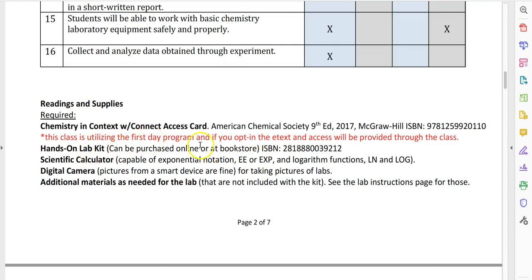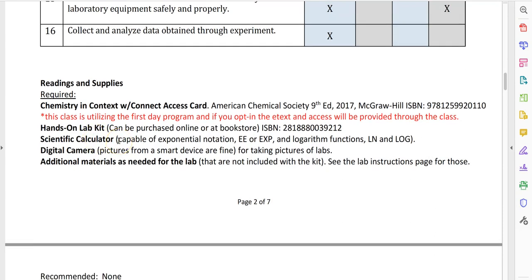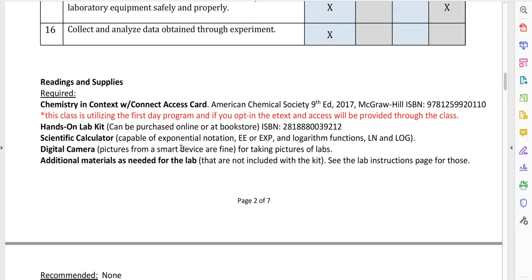The hands-on lab kit, again, you do need to have. That's the one thing you need to purchase. Scientific calculator. I'll be honest, most smartphones have the scientific calculator function. For my iPhone, I just have to turn it sideways, and it changes a normal basic calculator into a scientific one, but you will need one for doing some things in this class. So either your phone, or they're cheap. I'm not talking about a $100 graphing calculator. Don't need that at all. Just a very basic $10, $12 scientific calculator from Target or Walmart or Office Max or Depot, whatever.